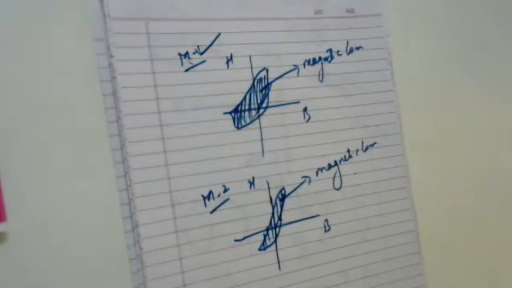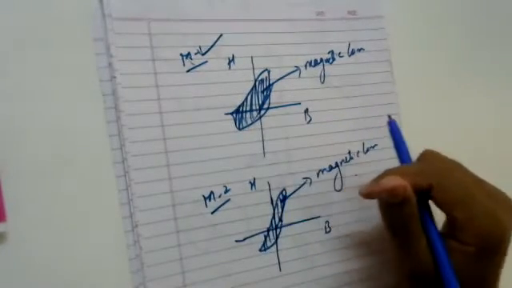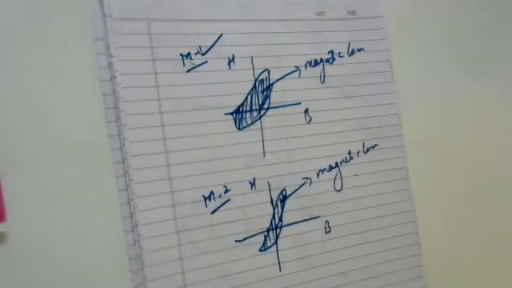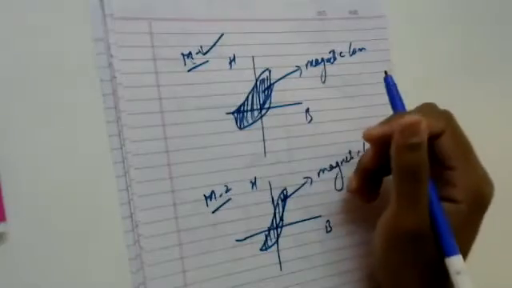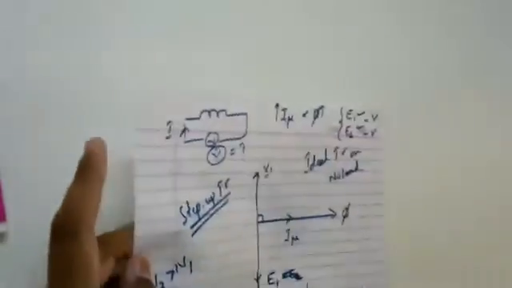Fine. So after interacting with this particular topic, now we will go for the concept called the practical transformer. Prior to which I would like to know whether the concept of the ideal transformer is clear to you. We say that a transformer is an ideal transformer provided we implement three conditions on the transformer. First, there is no resistance of the windings, so we neglect the resistance of both the primary winding as well as the secondary winding.